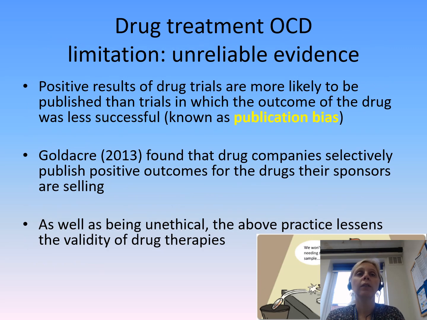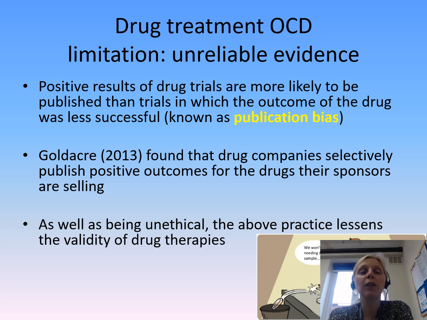And the last point, that is an ethical point, as well as a methodological question, is the publication bias. We know that drug trials are run by companies that might be funded by those pharmaceutical companies. Therefore, the risk of publication bias is very high. The risk of only significant results being published, where there is a difference between placebo and drugs, is very high. Drug companies selectively publish positive outcomes for the drugs they sponsor. Their sponsors are selling, and that means that, as well as being unethical,